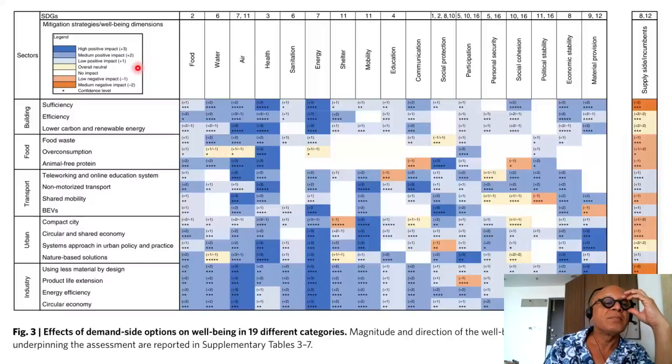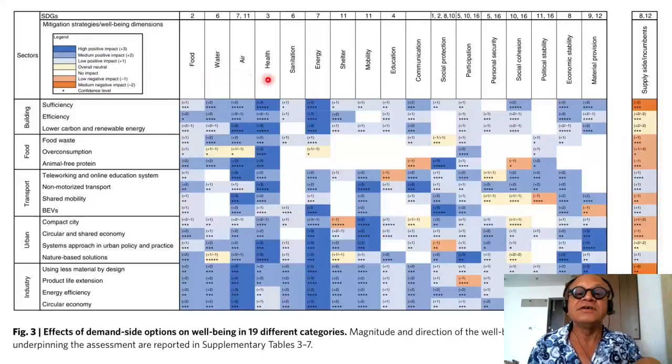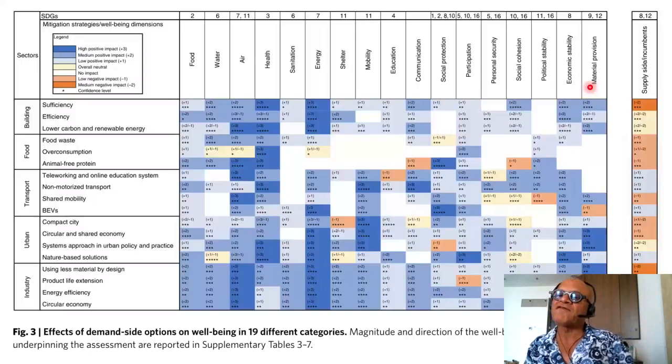footnotes, and so on, but just to look at the mapping, here are the SDGs, and here are the sectors ranging from food, water, air, health, sanitation, energy, shelter, mobility, education, communication, social protection, participation, personal security, social cohesion, political stability, economic stability, and material provision. And finally here you have supply side encumbrances,